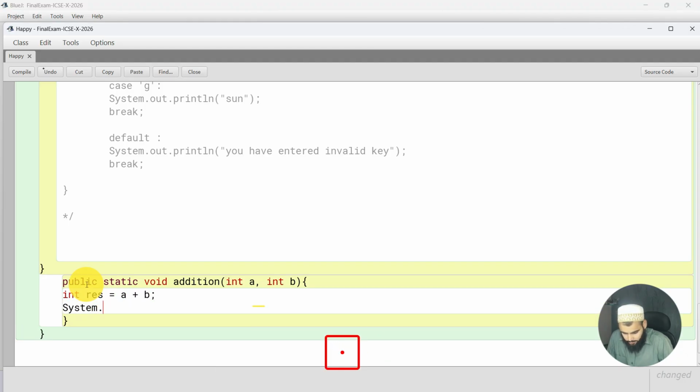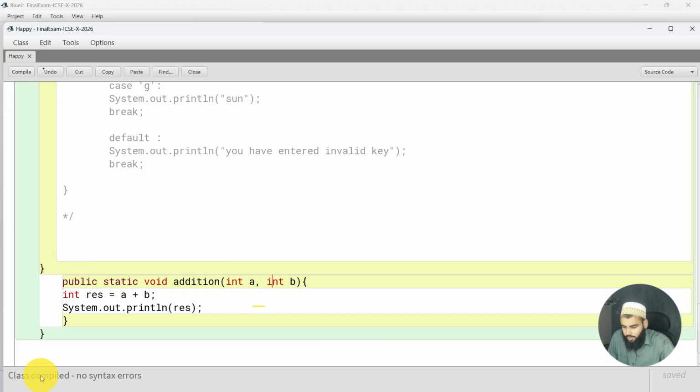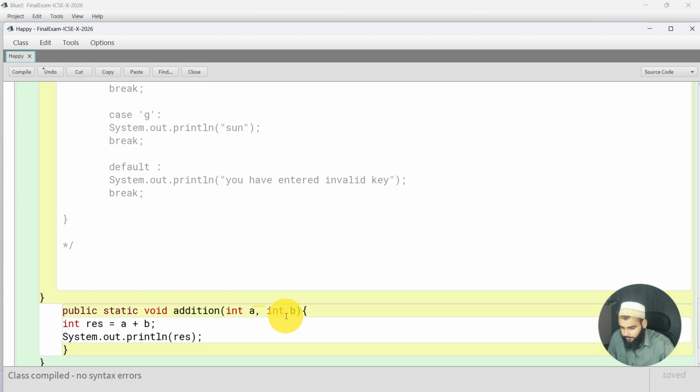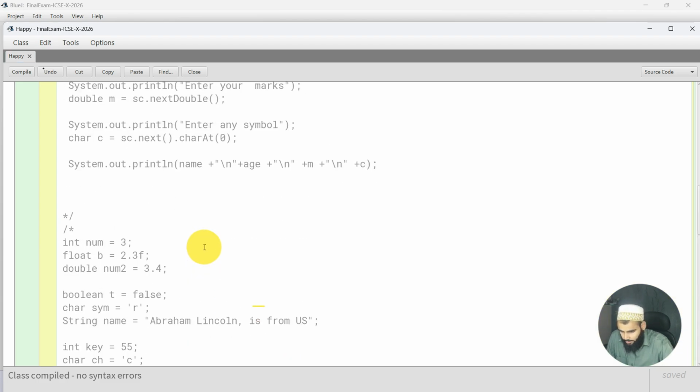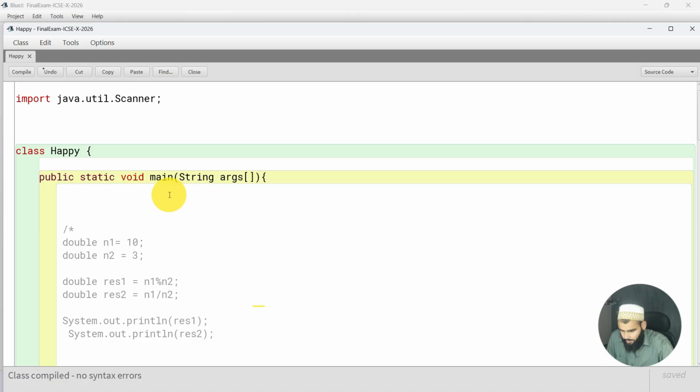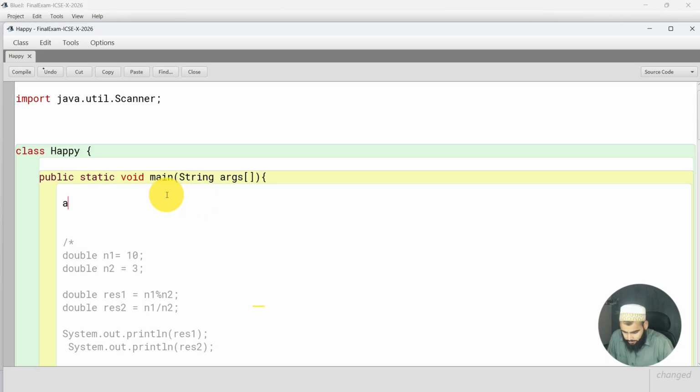Now System.out.println. Just put the result, res. Now it will give the addition of a and b. Okay, compile it. Now it is saying the class is compiled, no error, thankfully. Now how to use addition? We will go to main. This is our main function, and here I will put the addition